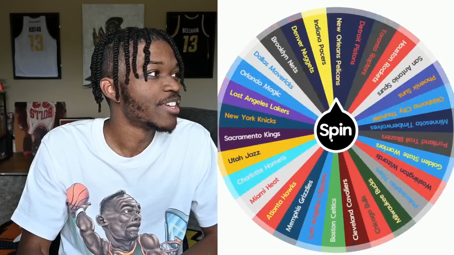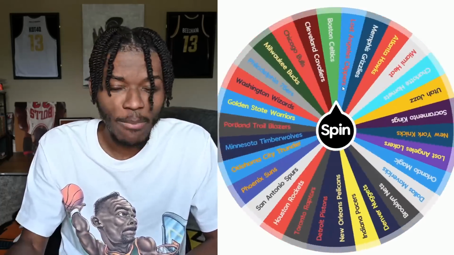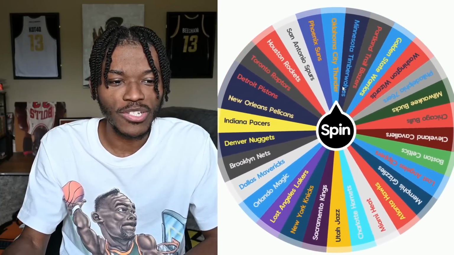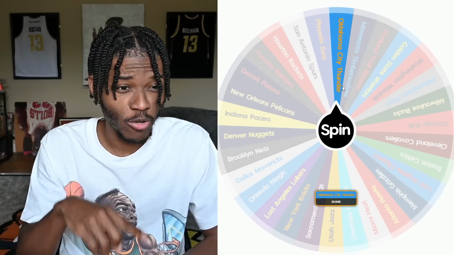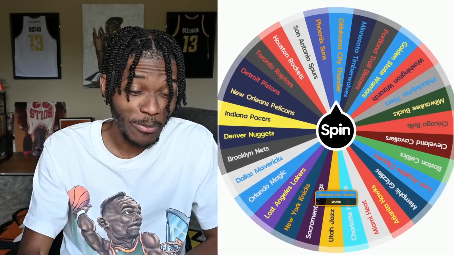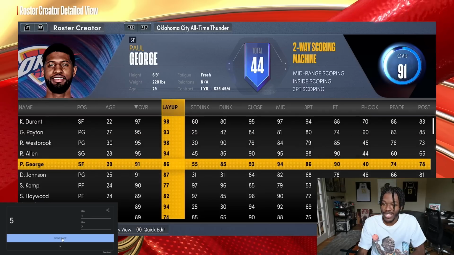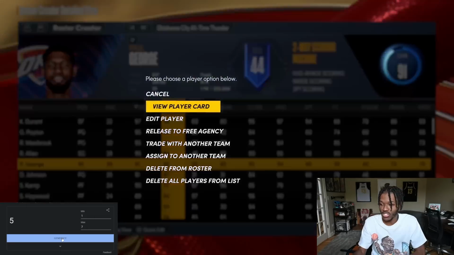I'm just saying. Listen, I know it wasn't that long ago, but I think a lot of people forgot how good prime John Wall was. So to see him added to a team is dope. OKC Thunder, and this is a spin for the Trailblazers. So can Kevin be going to play with the Trailblazers? The answer is no. Instead, it's going to be the other version of Paul George, and he is going to